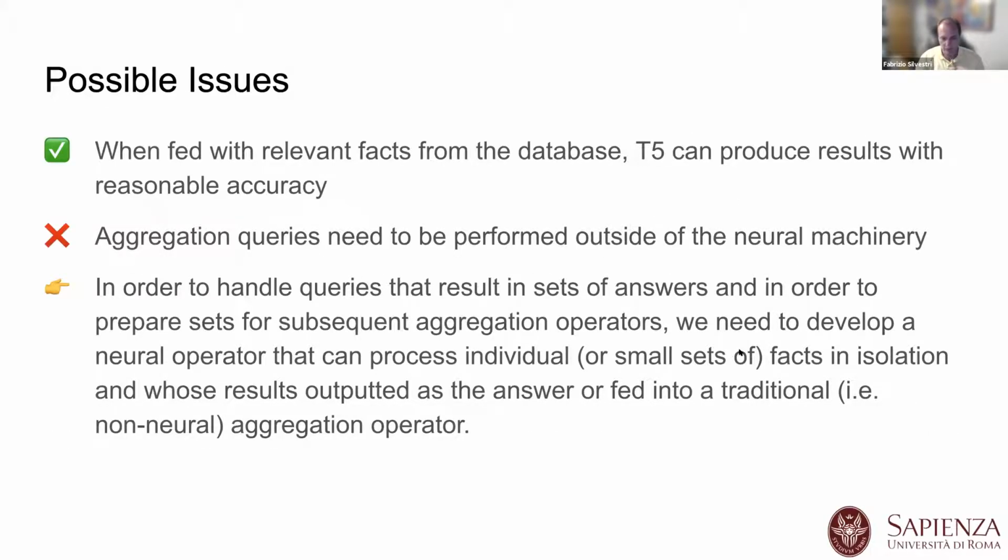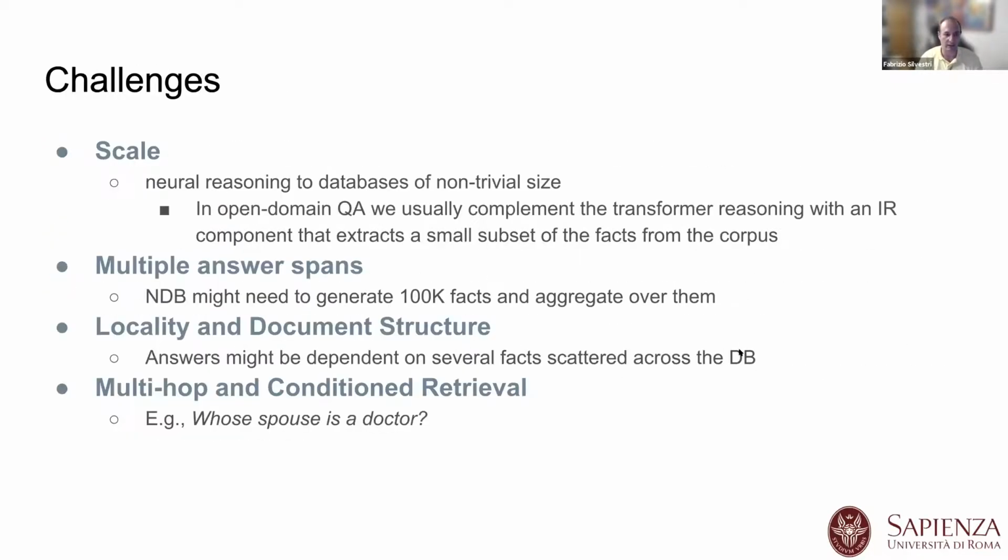All right, so we have seen a baseline, and there are several issues with this baseline, but the two outstanding ones are, first, that transformers cannot deal with large fact bases. In our experiment, in the baseline experiment, we only use 25. And second, they are not good at doing aggregations, essentially. So let's see what we did in order to correct that.